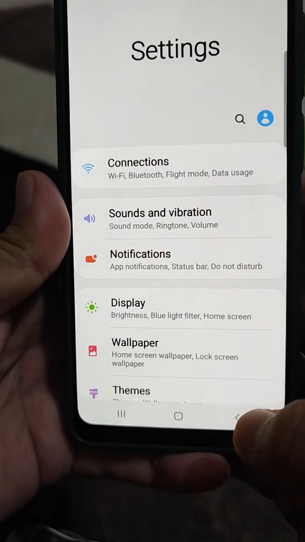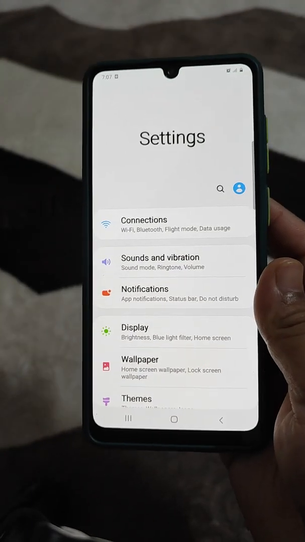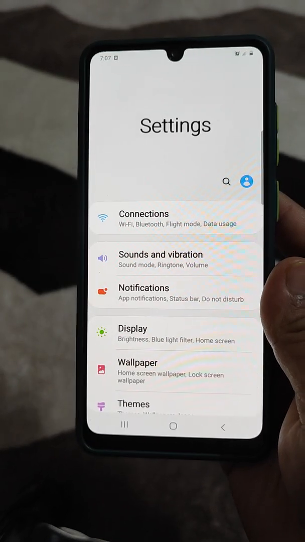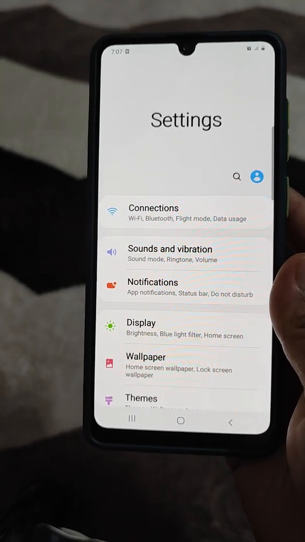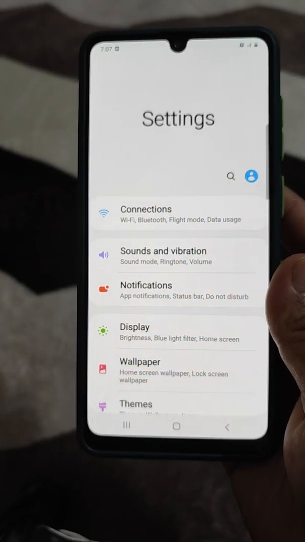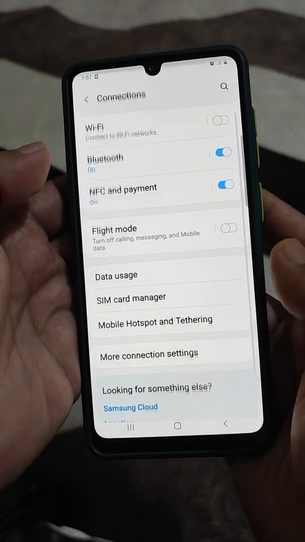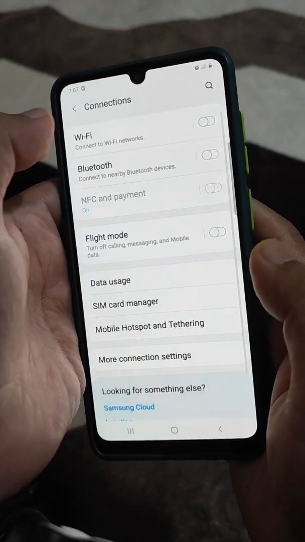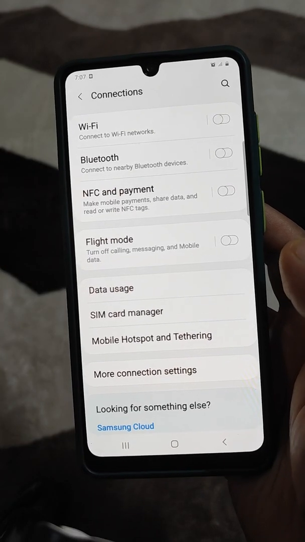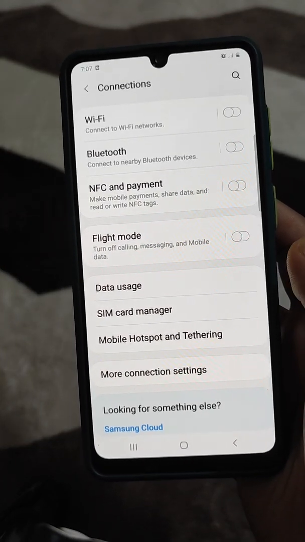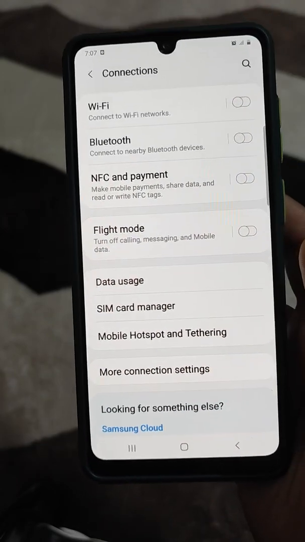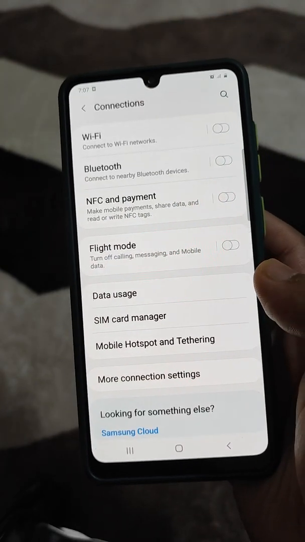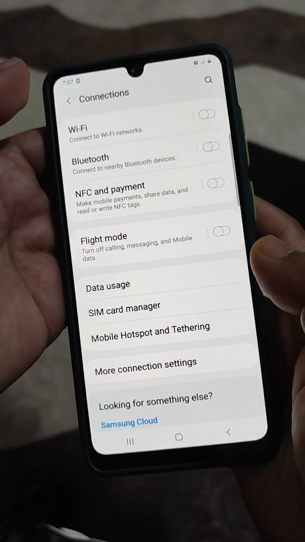if in some phone it is still coming, then what do we have to do? Suppose in some phone, after switching off the notifications under accessibility, beeps are still coming. Then what do we have to do? We have to just go to the connections and then switch off the Bluetooth. NFC and payments also need to be switched off, because the phone, through Bluetooth or Wi-Fi, can communicate with the credit cards which are in your surroundings. Everybody has a credit card in her pocket or his pocket. So these are the two things we need to do,